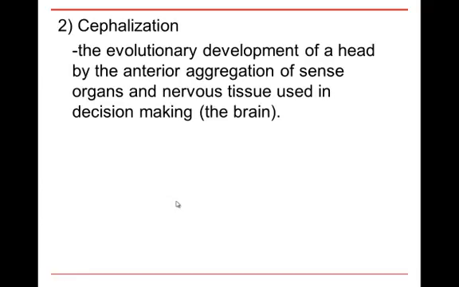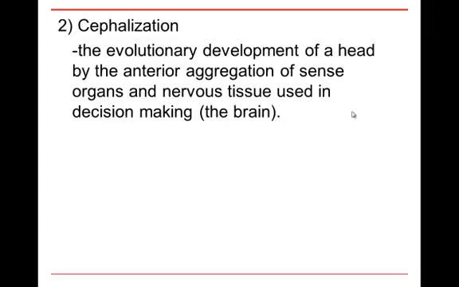So a second special feature is cephalization. Cephalization is the evolutionary development of a head, and this happens by the anterior aggregation of sense organs and nervous tissue used in decision making. So if we're talking about anterior, that means toward the front. And it happens that sense organs and a brain is moved to the front because that's the part that goes through the environment first. And so I want you to consider, as an animal moves through the environment and it encounters a novel stimulus, it bumps into something,